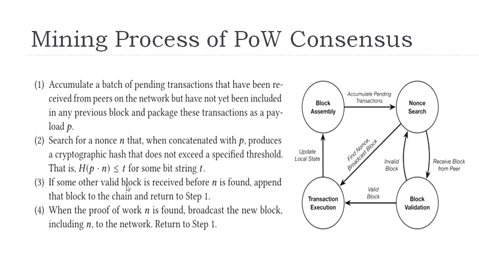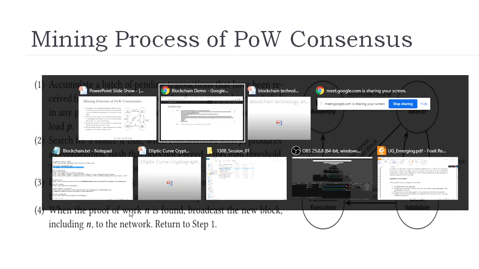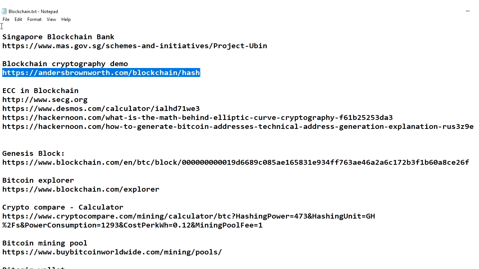So that means if you are unable to solve the puzzle, then whatever block was created during that time, you include into the blockchain. Otherwise, if you find the answer to the puzzle, then you broadcast that block along with the puzzle value or random number that you found. So you can see that finding this random number is a very difficult task.